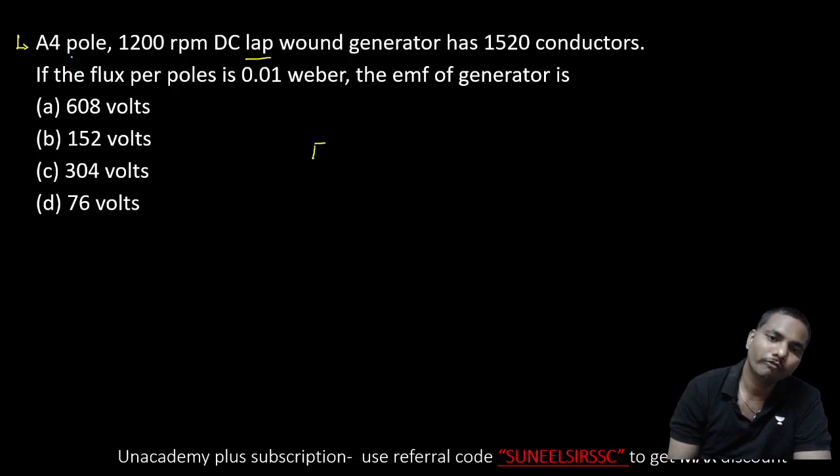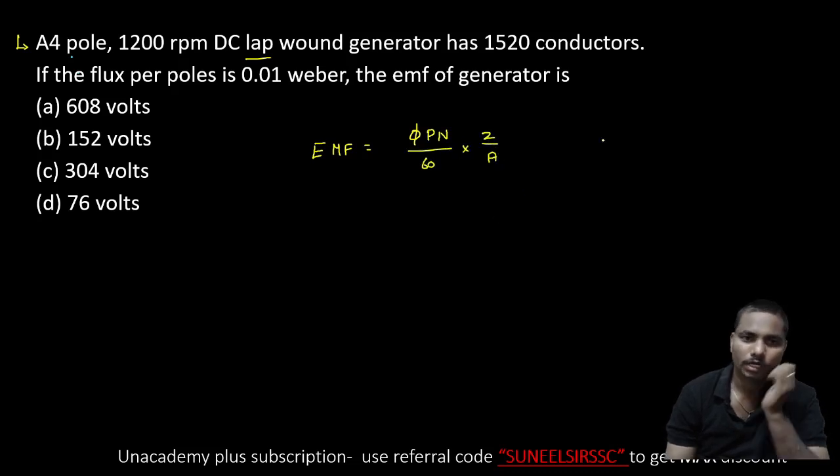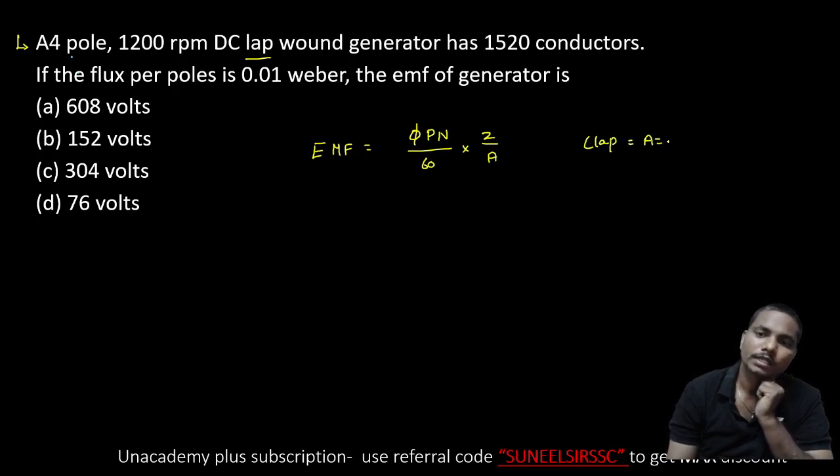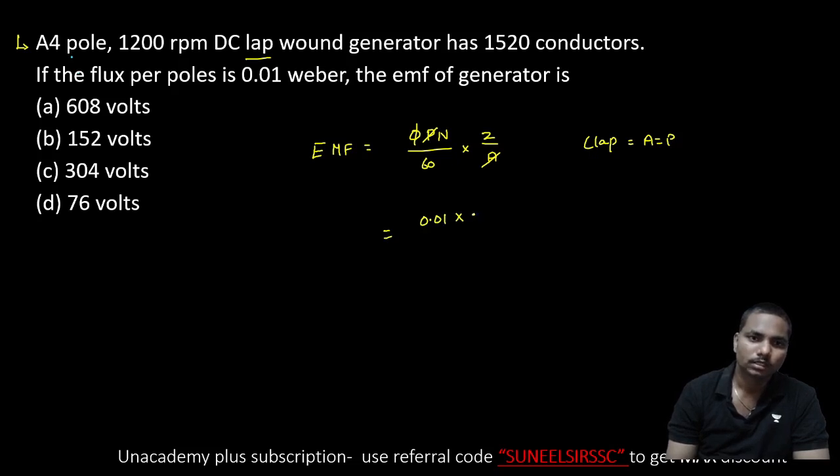So we know the EMF formula: EMF is equal to ΦPN by 60 into Z by A. Since it is lap winding, A is equal to P, so A and P will be cancelled out, and flux 0.01 and N is 1200 RPM by 60 into